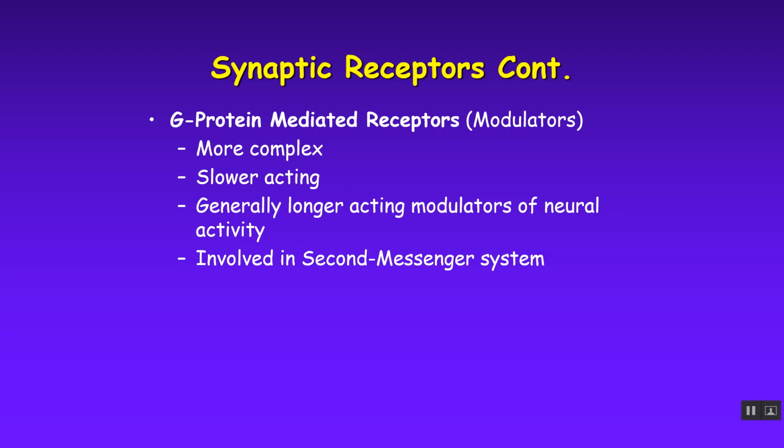So G protein mediated receptors are more complex than the ligand-gated channels. Pure ligand-gated channels just open and close in immediate response to that ligand binding. These receptors bind the ligand, which activates the G protein, and the G protein can do a number of things, which we'll talk about. They're slower acting, lasting seconds, minutes, days, hours,